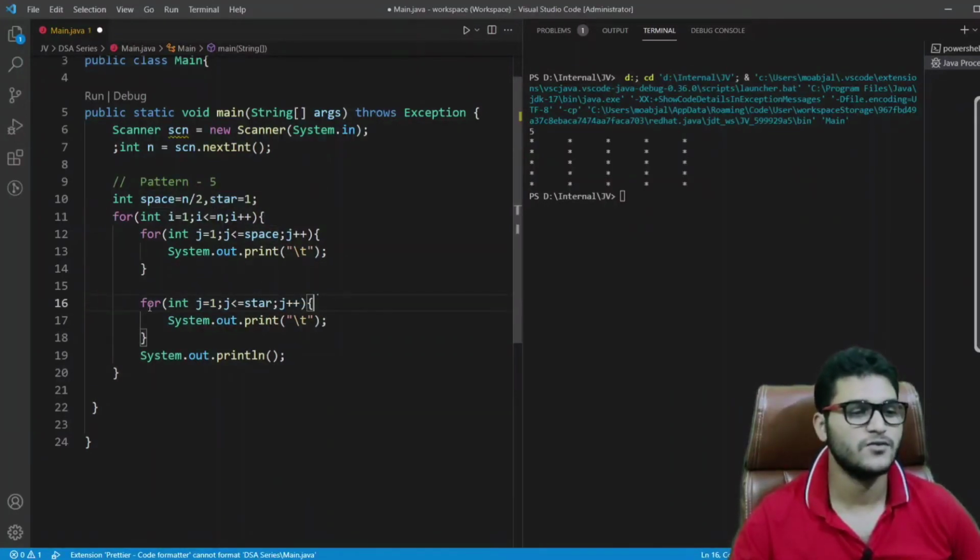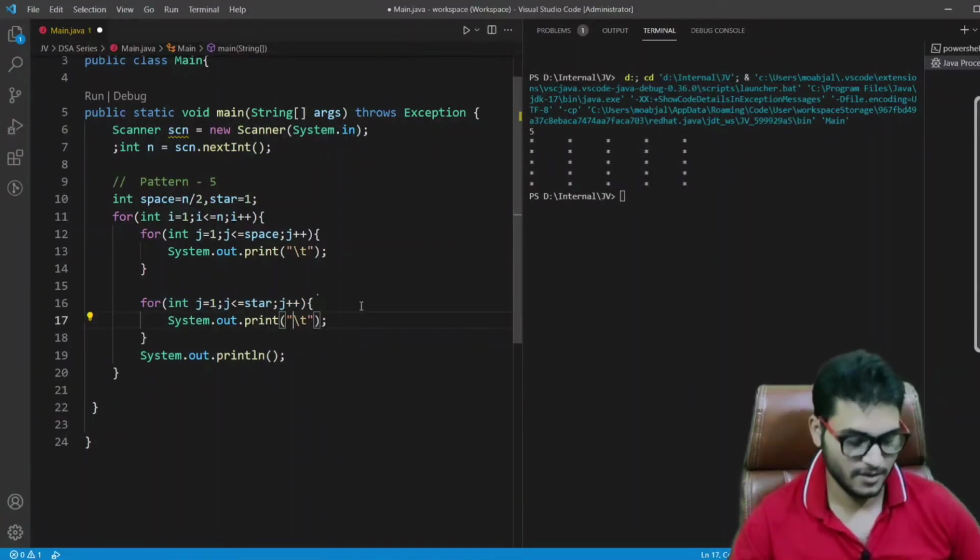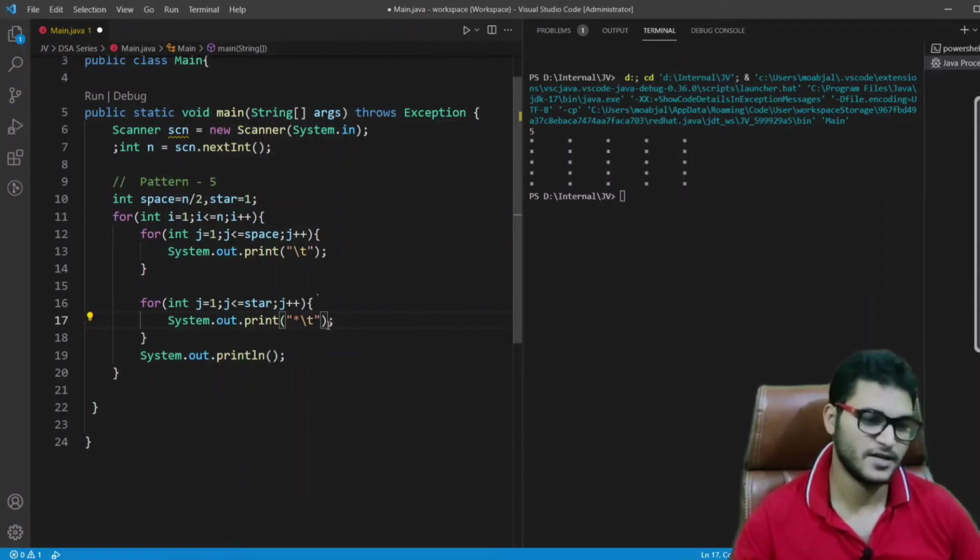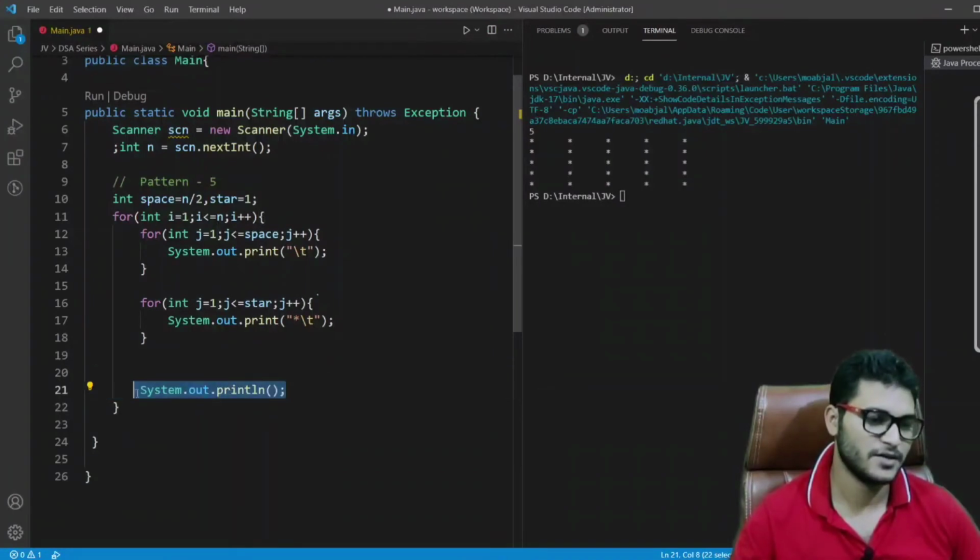This loop would execute till the number of stars, and I will print a star and a tab, \t, so that the output is clearly visible. And in the end we break a line.